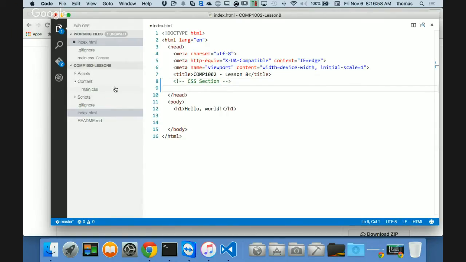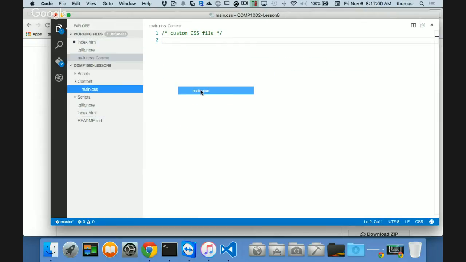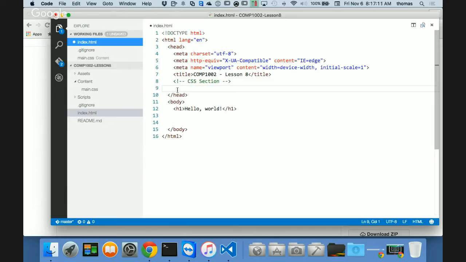So again, I can't do a drag and drop like in Visual Studio, where I can just drag and drop. In VS Code, that's not something I can do. I can also, if I go back to index.html, this is the one thing I don't like about VS Code. If I start typing a link, right, I want to link my stuff, it gives me this stuff, but normally in Brackets